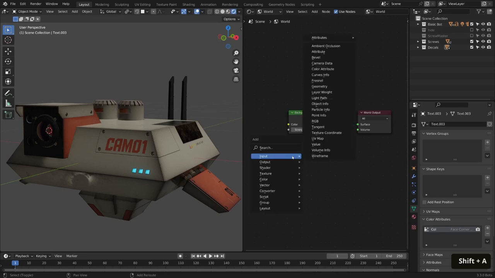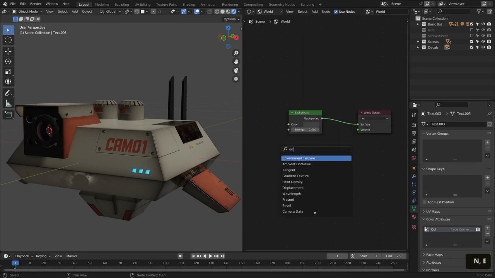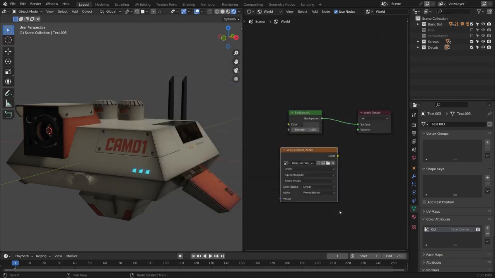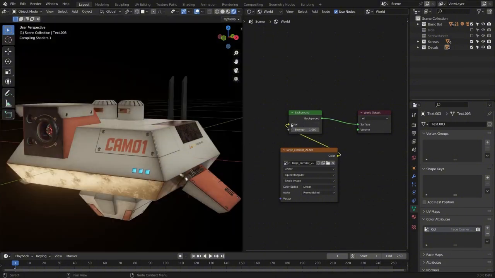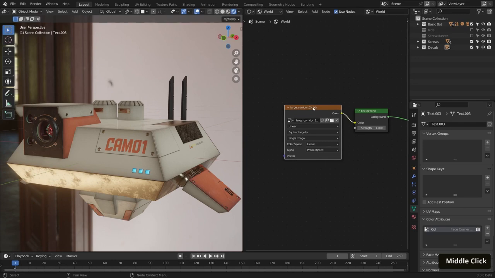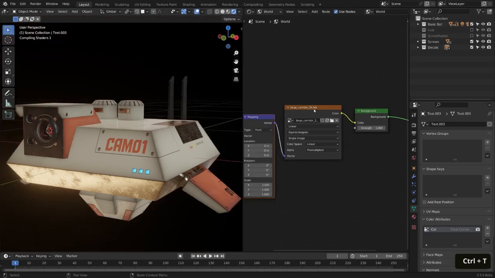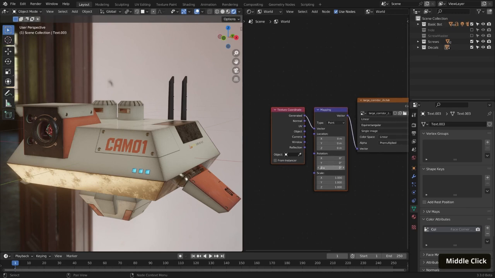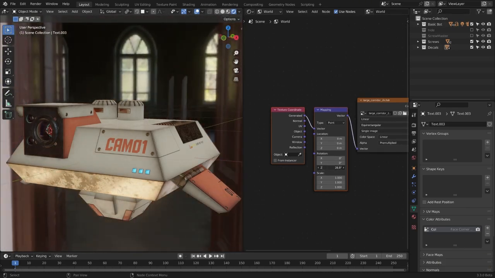After storing our file in our project folder, we can load it into our world shader. In order to do so, let's do Shift A and search for environment texture. Now we can open, locate our HDR and plug it into our color. Now in order to tweak the orientation, with our texture selected, we can hit Ctrl and T. This is again a node wrangler feature,